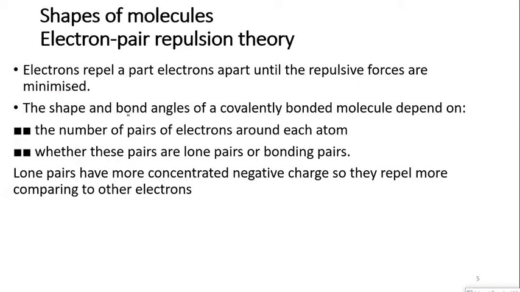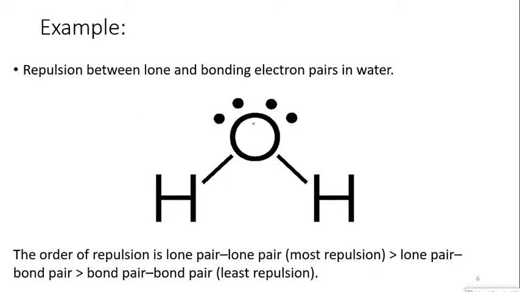The shape and the bond angles of covalent molecules depend on the number of pairs of electrons around each atom, and whether these pairs are lone pairs or bonding pairs. The lone pairs have more concentrated negative charge. This is why they repel more compared to bonding pairs. So if I look at the repulsion between lone pairs and bonding pairs in a water molecule,